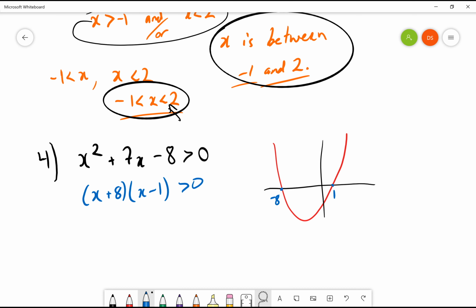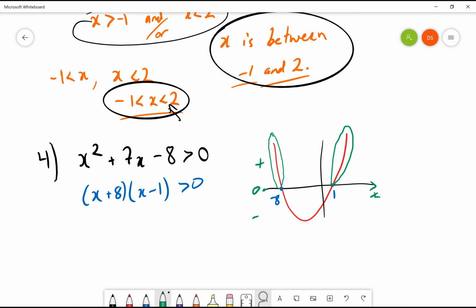These are going to be really useful for me. Fantastic, fantastic, fantastic. And so now when is my parabola greater than 0? What are my answers going to be? On the x-axis,